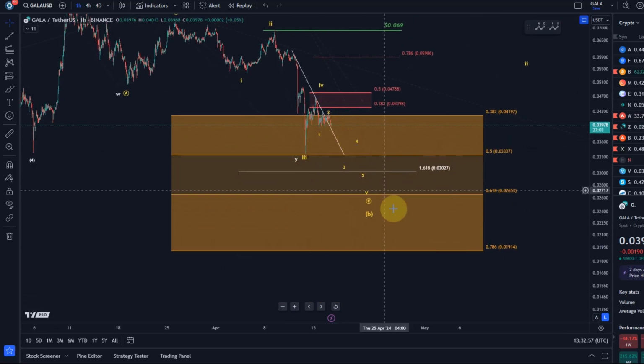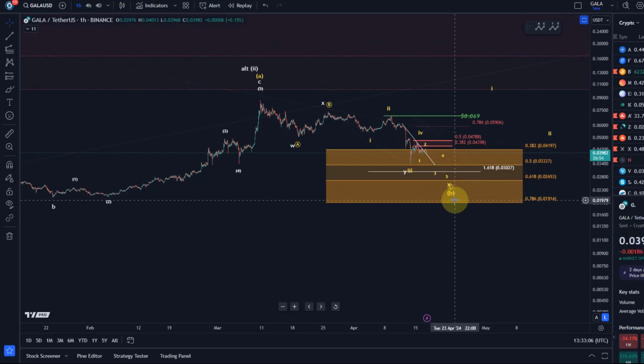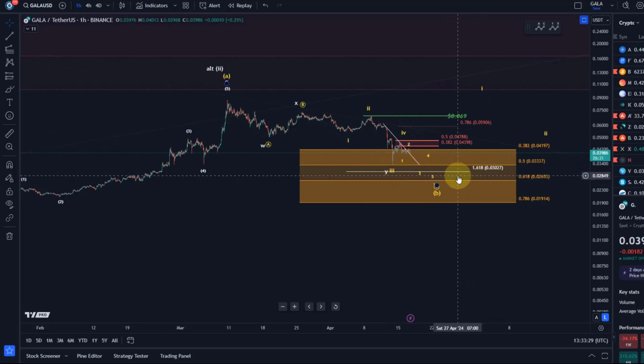If it corrects more than that, we'll probably all get a bit nervous, but technically the 1.9 cent level is still an absolutely acceptable support level for a B-wave pullback. I would have to say it would be quite extended to the downside, especially looking at the microstructure. The wave 5 would need to extend, or maybe there's a 1-2-1-2 setup hidden somewhere. But at the moment, all I can say is one more low appears likely, and pay attention to the 3 cent mark and the 2.6 cent mark.